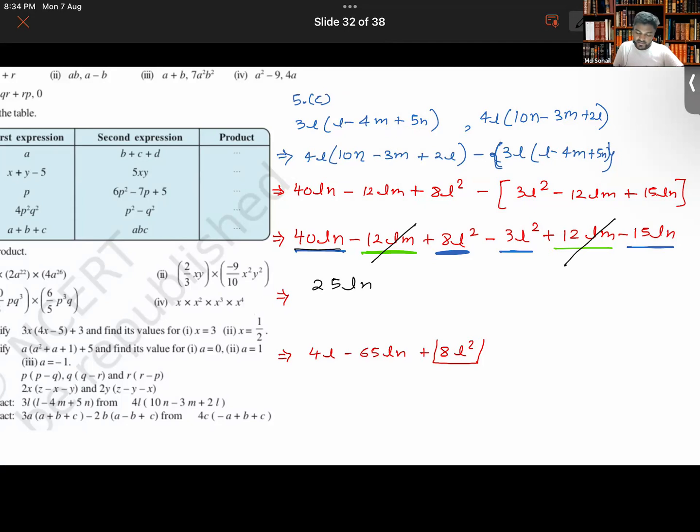8L square minus 3L square, that is how much? 5L square. So this is the answer. Okay, Arham, that was a good try. But still, we need to write it in the standard form. So it's going to be 5L square plus 25 ln. Right, 25 ln. So that is